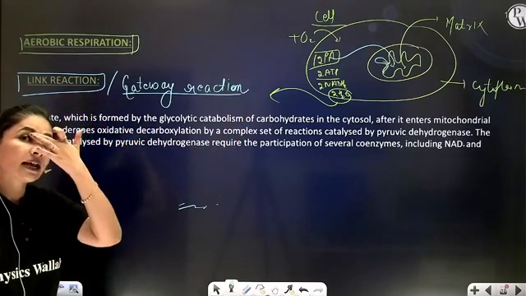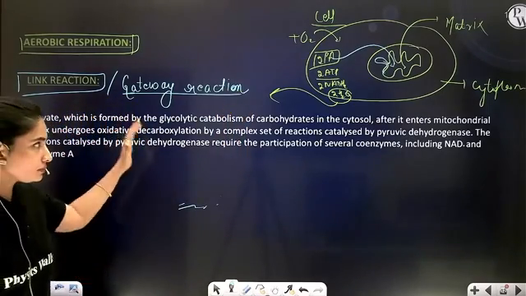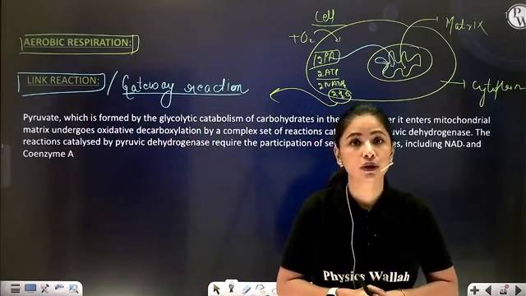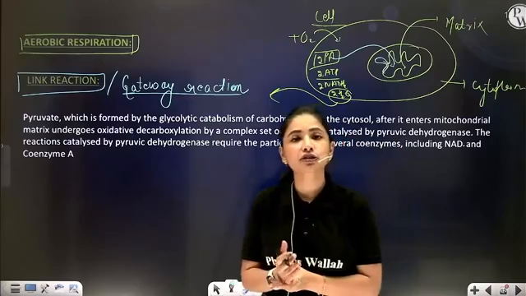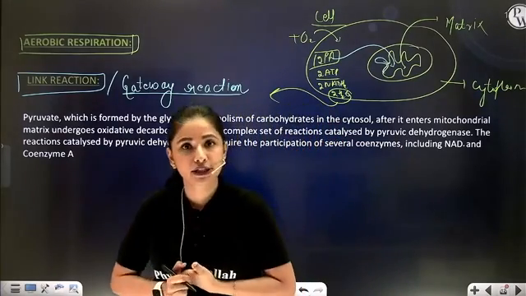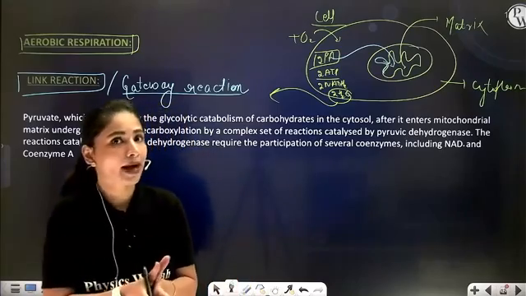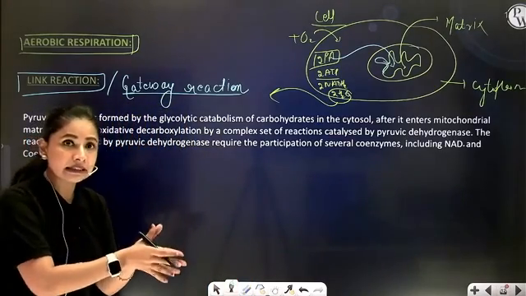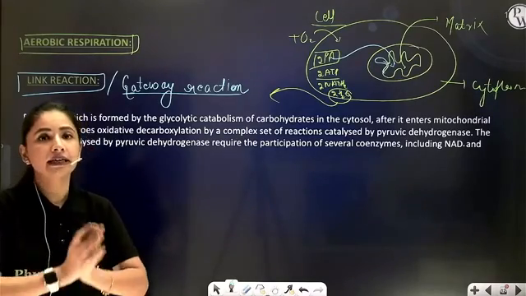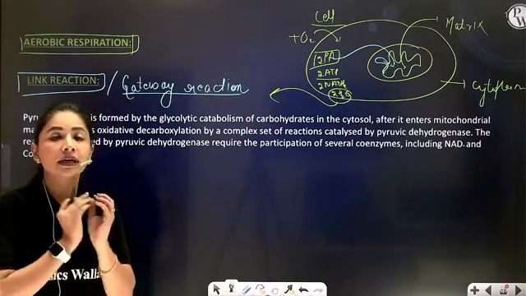Now see what happens during this gateway or link reaction and why it is called so. Chemically, link reaction or gateway reaction is oxidative decarboxylation. So 2 molecules of pyruvic acid which have entered inside the matrix will first undergo oxidative decarboxylation in the presence of the enzyme pyruvate